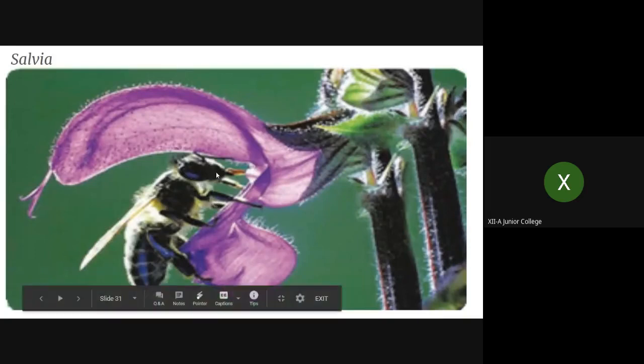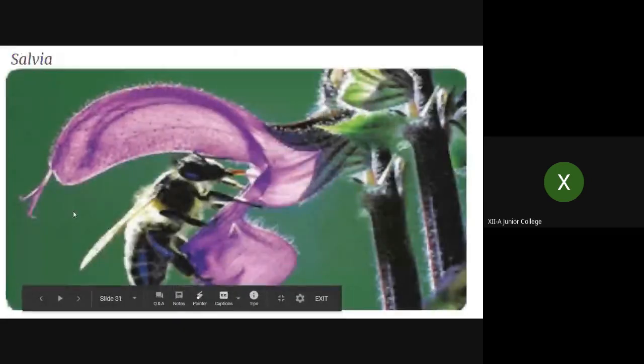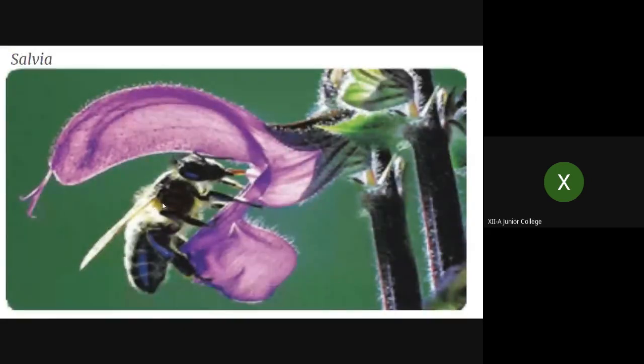When this insect enters the flower to get the nectar, which is present at the base of the flower where the nectar glands are present, during that visit the pollen grains from the fertile stamens fall on the body of the insect very easily. And when the same insect visits another flower, then what happens? As the stigma, that is the gynoecium, the female reproductive part, is also attached to the upper lobe only, very easily it receives the pollen grains from the body of the insect, and in this way cross pollination takes place.